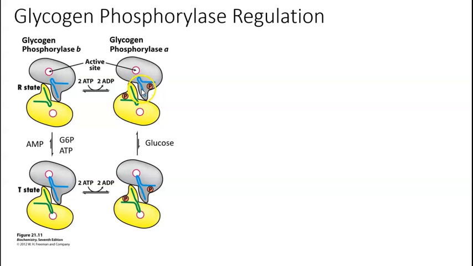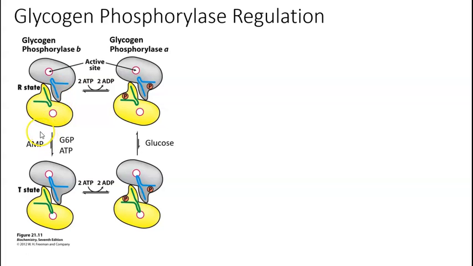But if glucose is present, then this phosphorylated form goes down into this tense state, and it's less active. So this is the active form of glycogen phosphorylase. And we also have the relaxed state when we are unphosphorylated in this instance, and we are in the presence